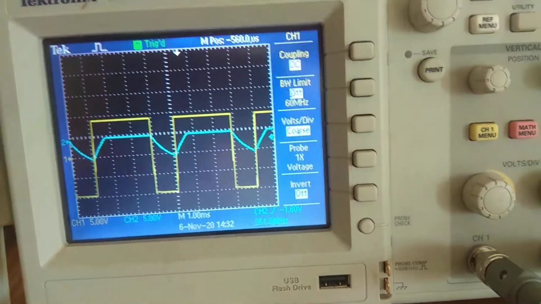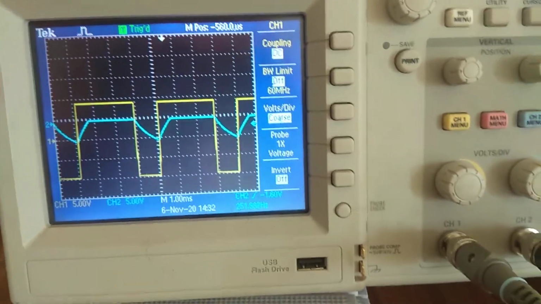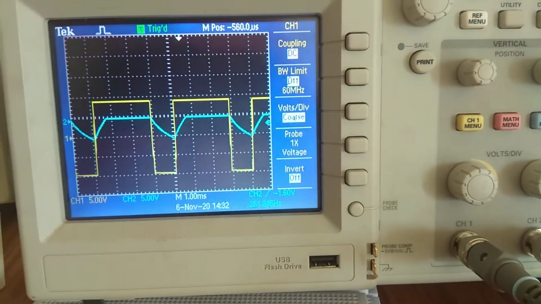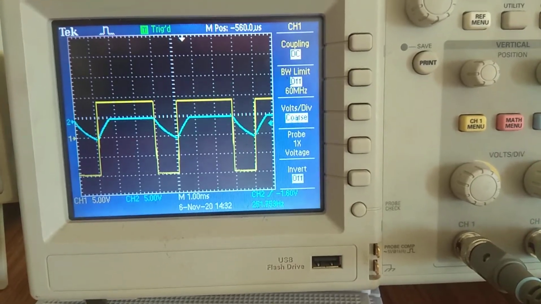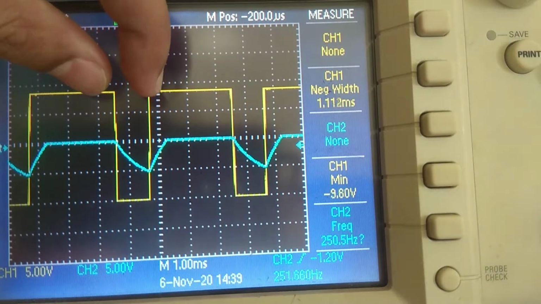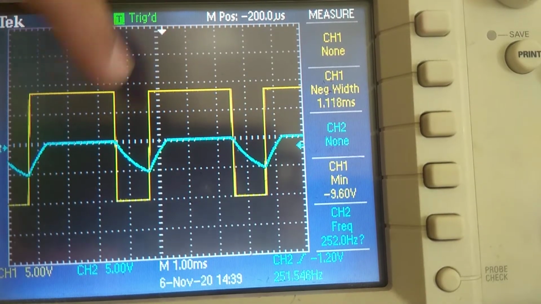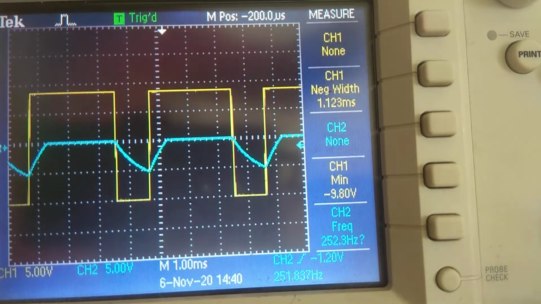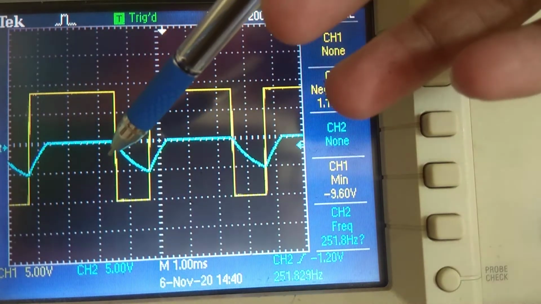Now if you want to see the values and all, for that I am focusing on the DSO. Now we are going to measure the negative width, this is at channel 1, the yellow one. We want to calculate the negative width, meaning the width of this one, how much width it has taken.